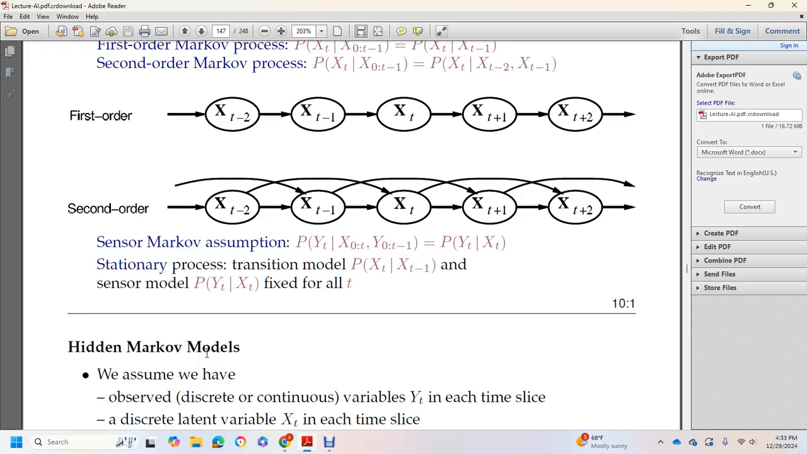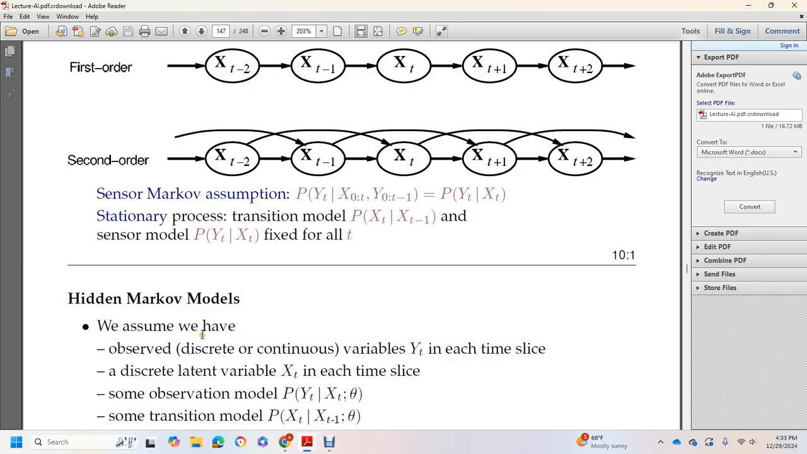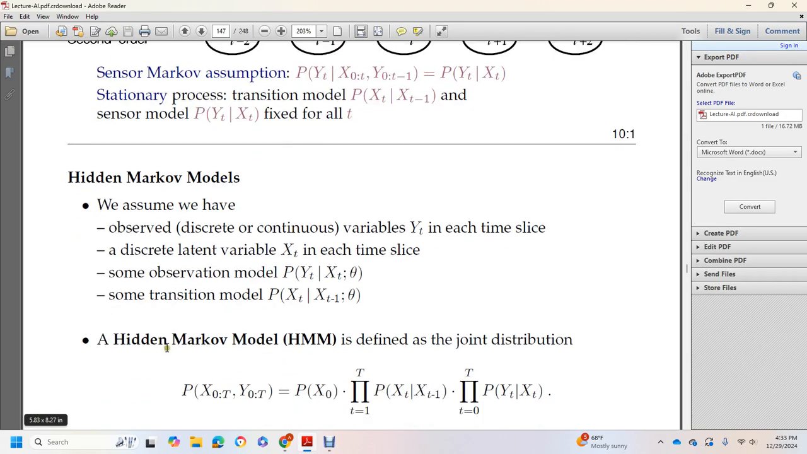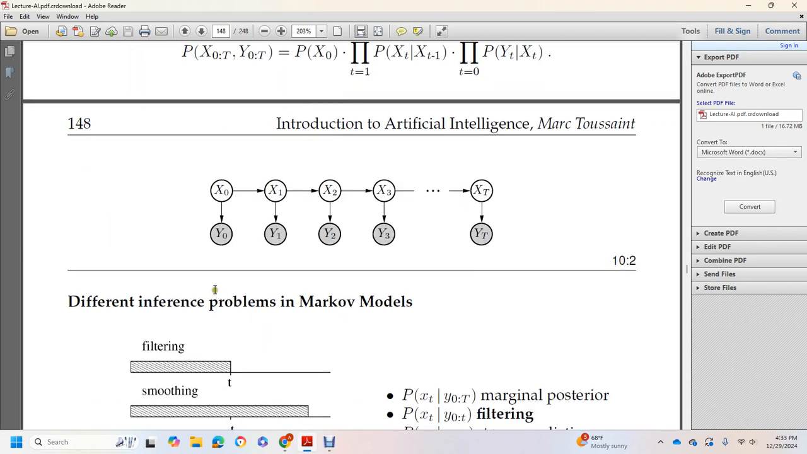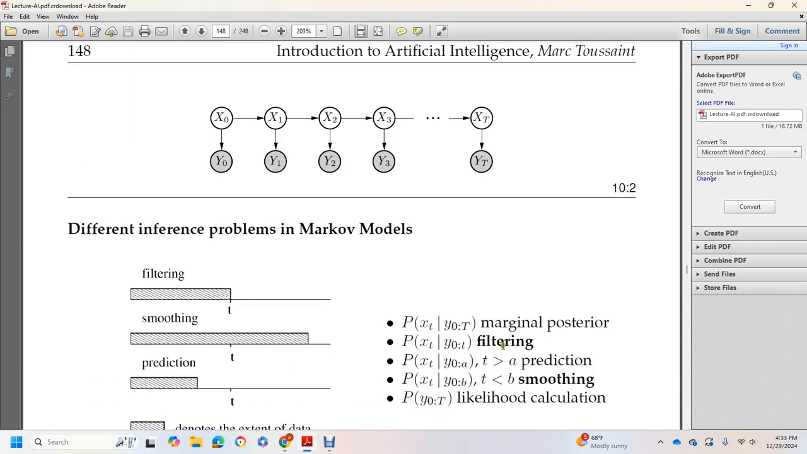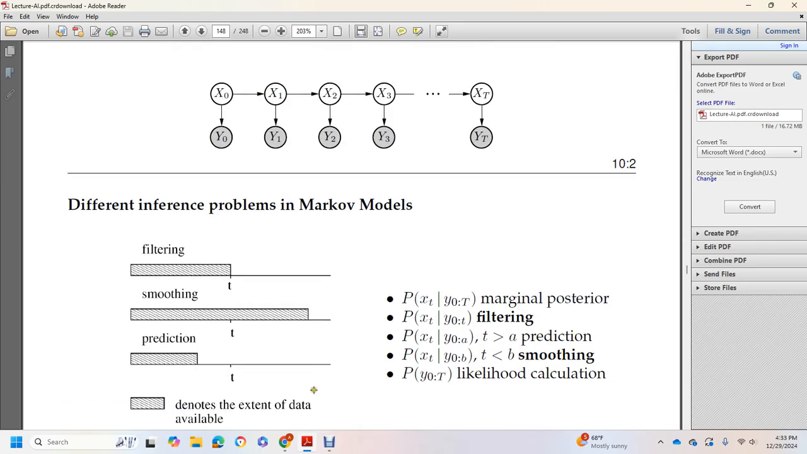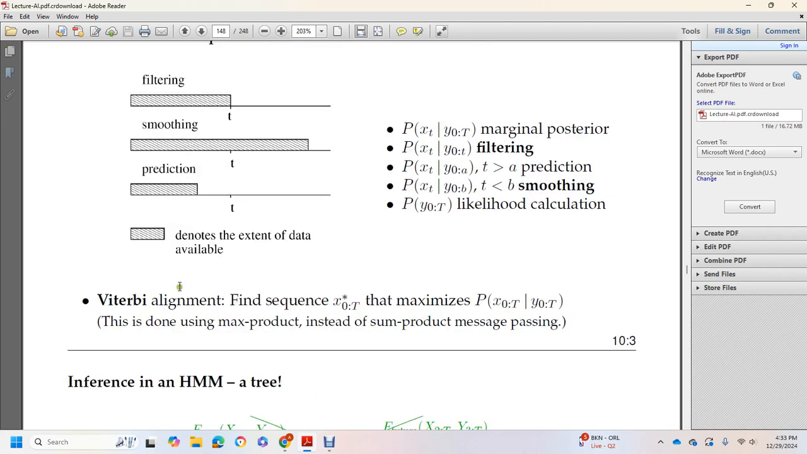Hidden Markov models assume that we have observed variables Y_t, discrete or continuous, in each time slice, and a discrete latent variable X in each time slice, with an observation model and a transition model. Hidden Markov models define a joint distribution and different inference problems: marginal posteriors, filtering, prediction, smoothing, and likelihood calculations, Viterbi alignment finding the most likely sequences, and maximizing